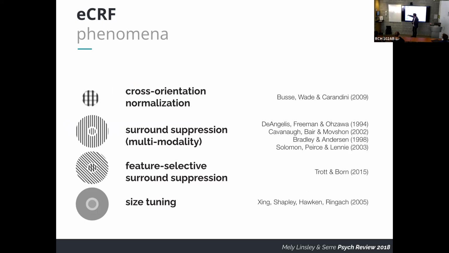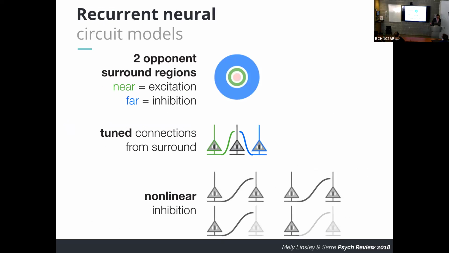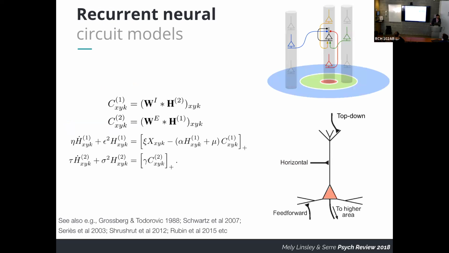As I mentioned, there's a lot of data that has been observed. You can present all kinds of center-surround stimuli, and people have observed and measured all kinds of very complex interactions between those things. And so our model, I'm not going to go through the detail of the model. I'll just try to give you a hand-wavy explanation or intuition for how this model works. But the gist of this is that we are modeling